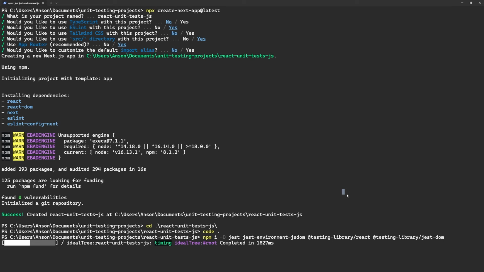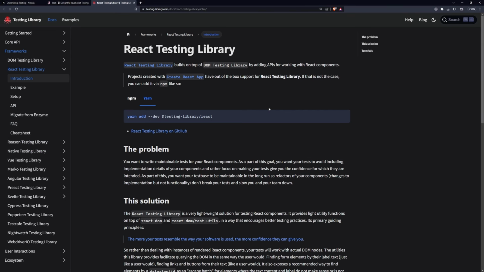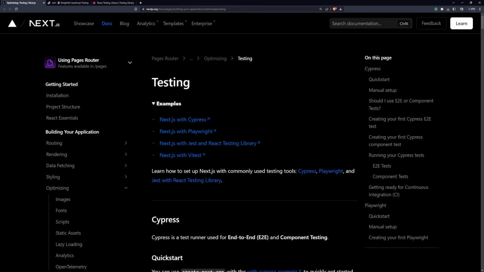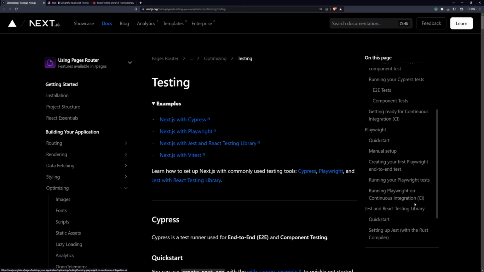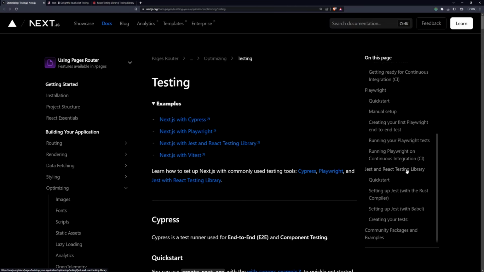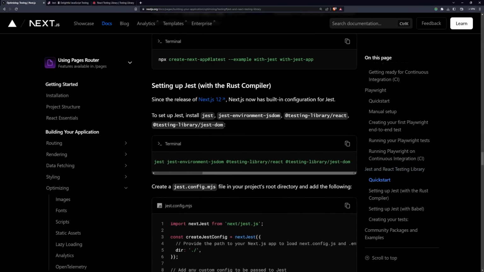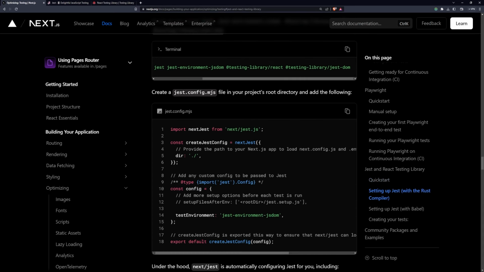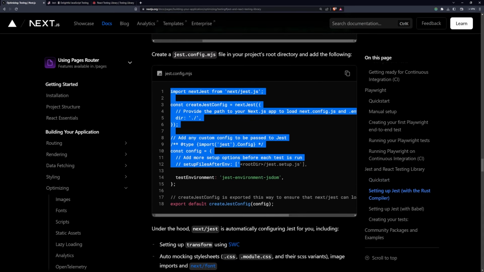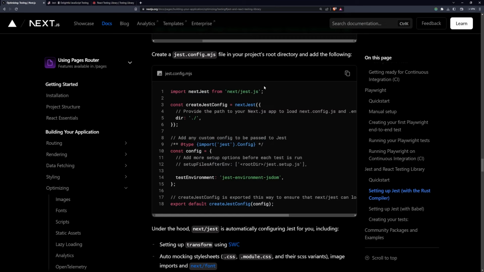While that is installing, because it will take some time, I'm going to jump right into the Next.js docs, and I will provide a link so you all can see this. I'm just going to go into the Jest and React Testing Library section. And of course, you can see that these are all the dependencies that we are installing right over here. But I'm going to copy this part, and I'll explain what's going on here. We're going to need to create this file manually,